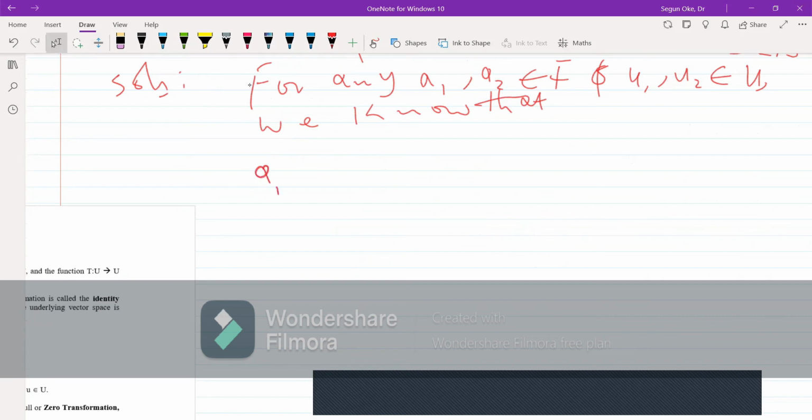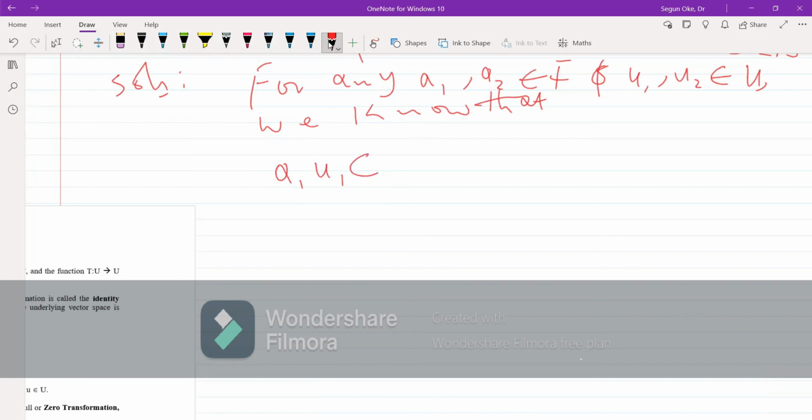We know that A1 U1 belongs to capital U and A2 U2 belongs to capital U. Therefore, our LT1 will be T in bracket A1 U1 plus A2 U2,